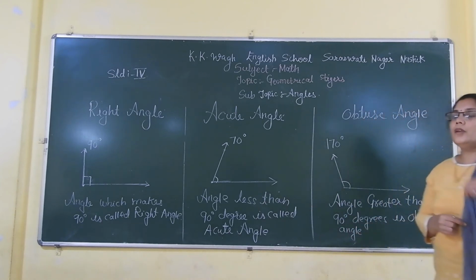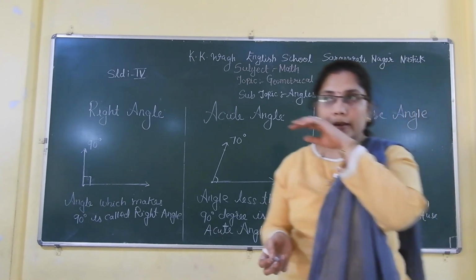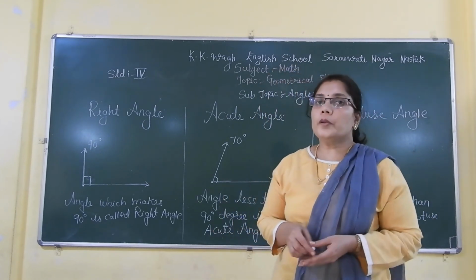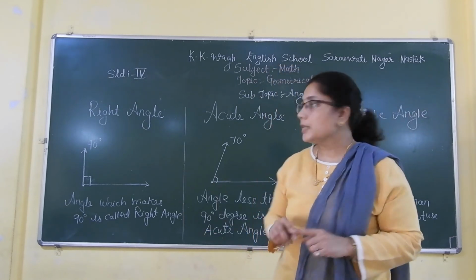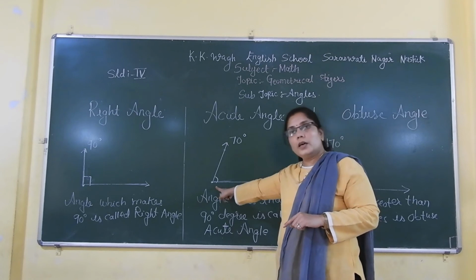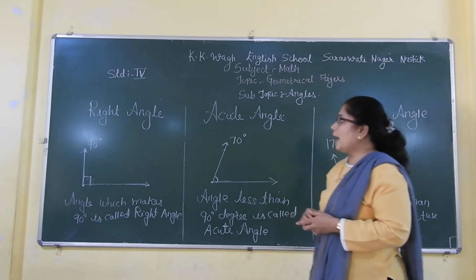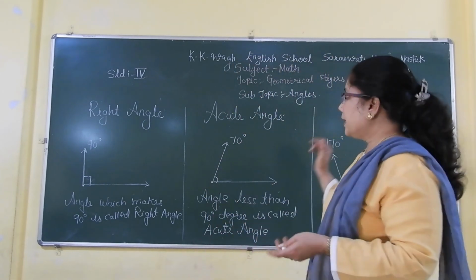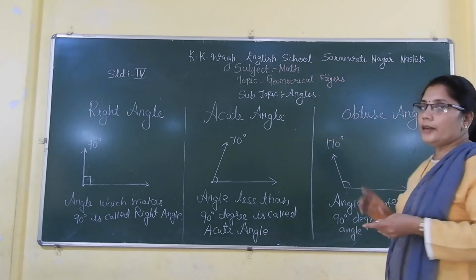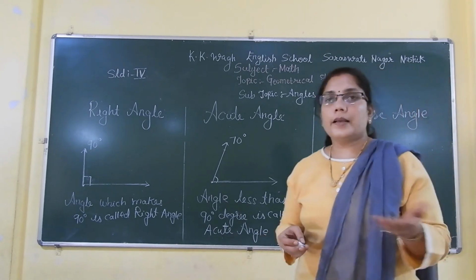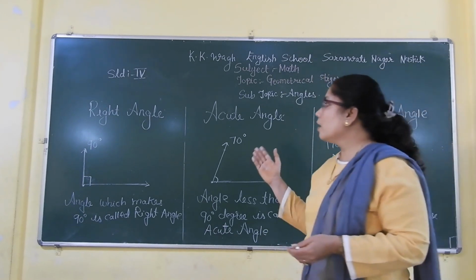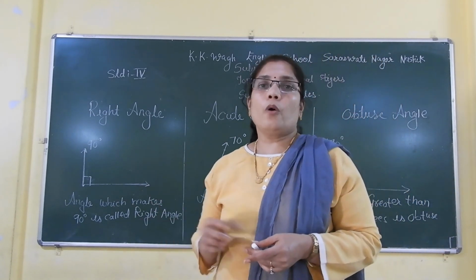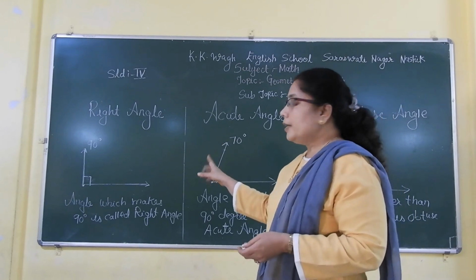Now today we have learned about the different types of angles. We can see angles in many things around us. I have also told you before, when two lines meet at a certain point, it is called an angle. It makes an angle. And in fourth standard, we are going to learn three types of angle: right angle, acute angle, and obtuse angle. There are actually 7 types of angles, but we will learn right angle, acute angle, and obtuse angle. And in other videos, we will see more angles. Okay. We will just revise it.